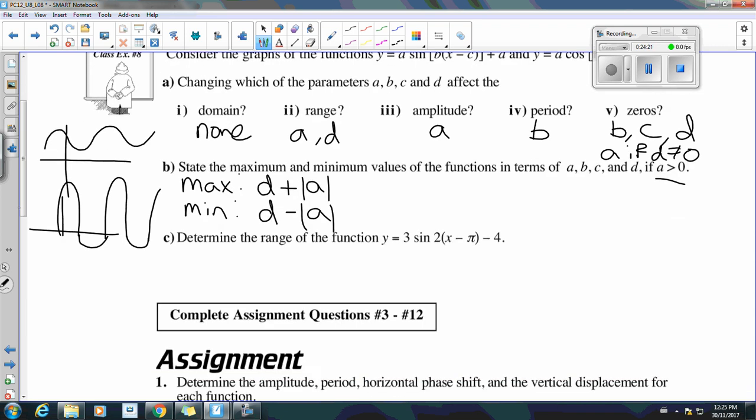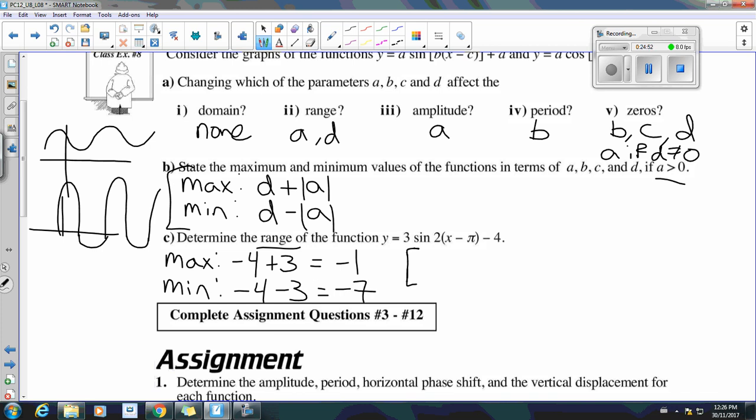C, determine the range of the function y equals 3 sine 2 of x minus pi minus 4. So the range is based completely on what the max and the min is. So if the maximum value of this graph, well, we know our midline's at -4, our amplitude is at 3, so that means our maximum point must be -1. Remember, the maximum is always the y value. The minimum point, we start at that midline of -4. We subtract our amplitude, we get -7. So, oops, I should write smallest to biggest. Our range in interval notation would be like that, or you could say y is between negative 7 and negative